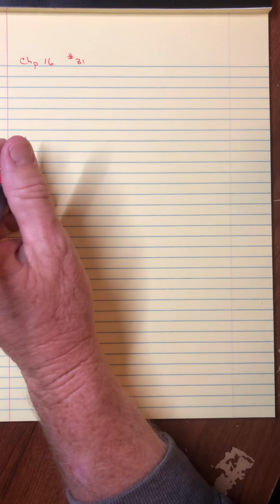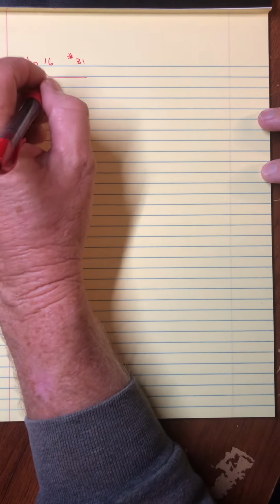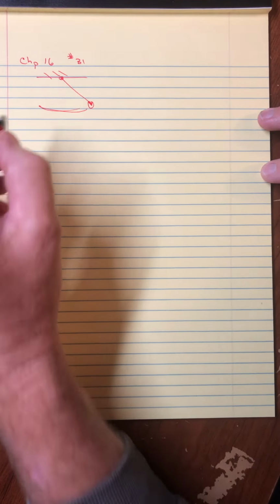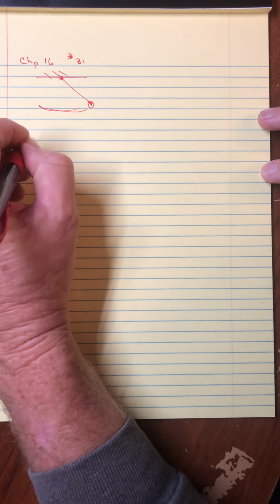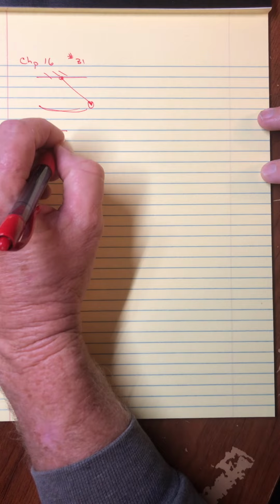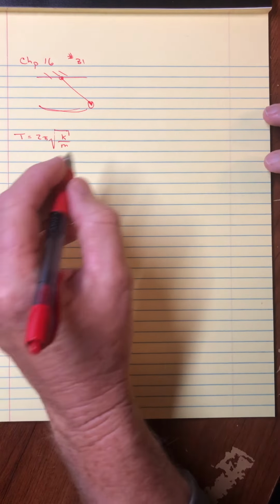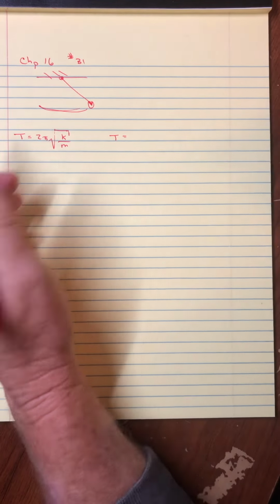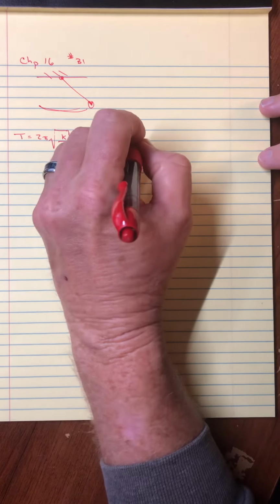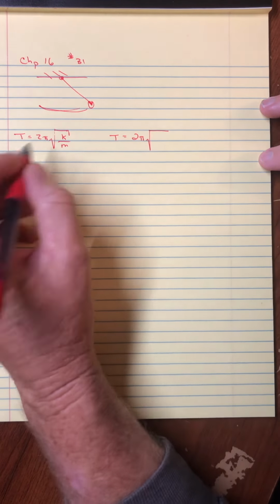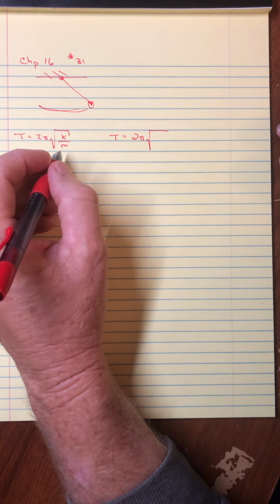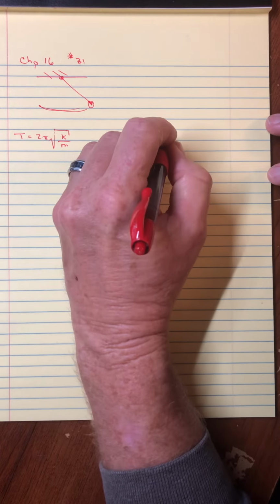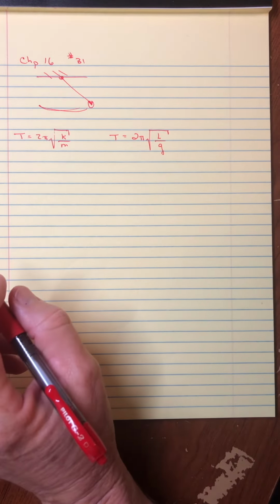So if you remember from our analysis of a pendulum, we hooked it off to one side, we let it swing back and forth, and we had already done the period of a mass on a spring. And so we compared our equations of motion from the spring to the pendulum and discovered that k over m is actually the same as L, the length of the pendulum, over g, the acceleration. And so there was the